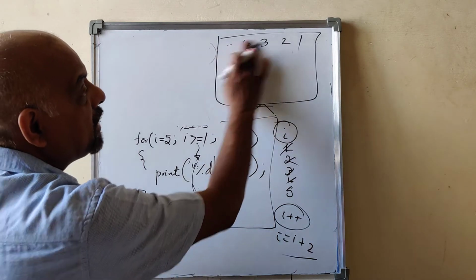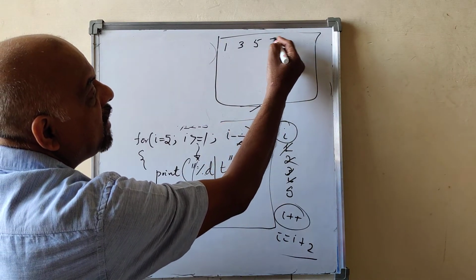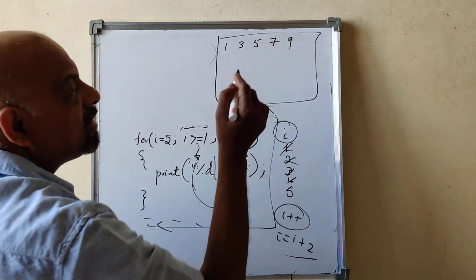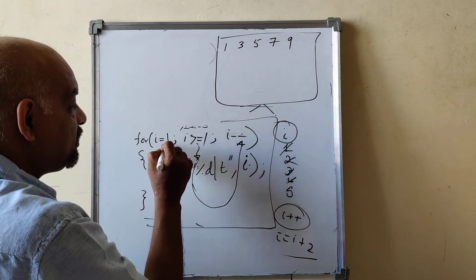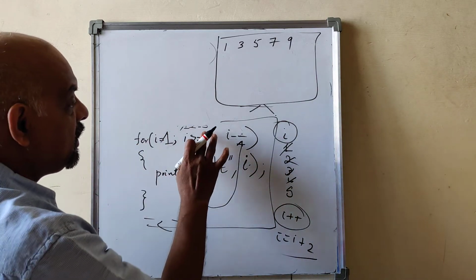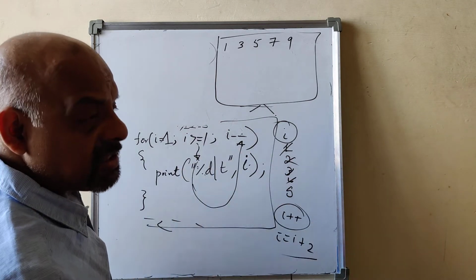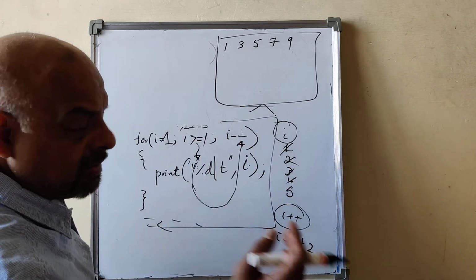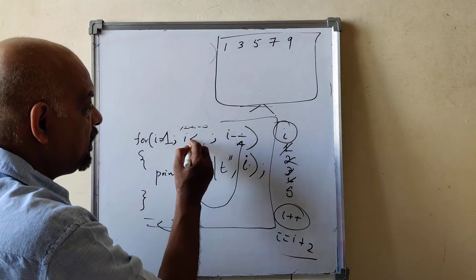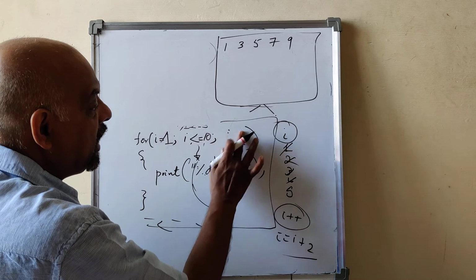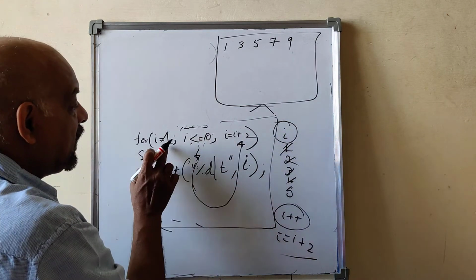I want to display odd numbers, 1, 3, 5, 7, 9, less than or equal to 10. What are you going to do? What is the first one? I is 1. Starting value. Final value is, I want to display all odd numbers from 1 to 10. Okay. Here what you can do, less than or equal to 10. Not I plus plus. Here, I is equal to I plus 2, because I is 1.